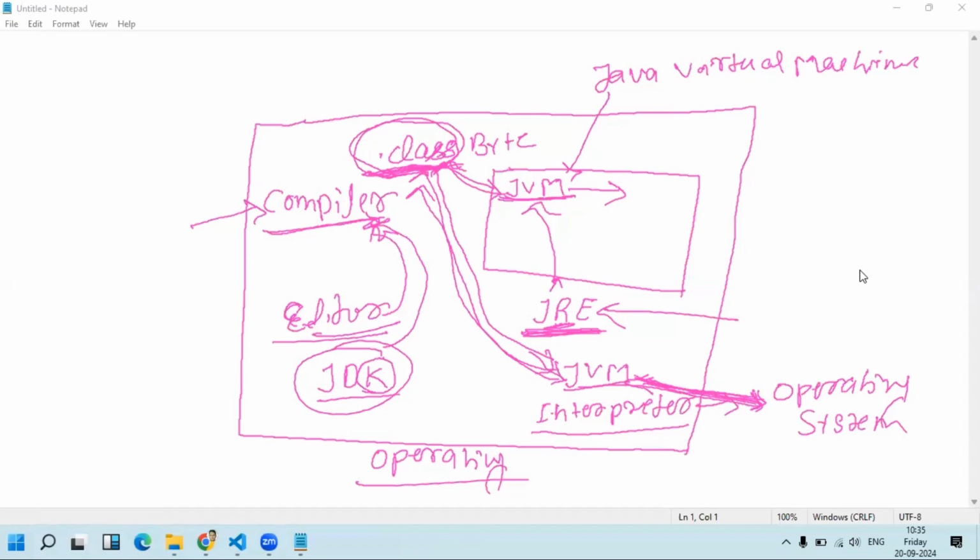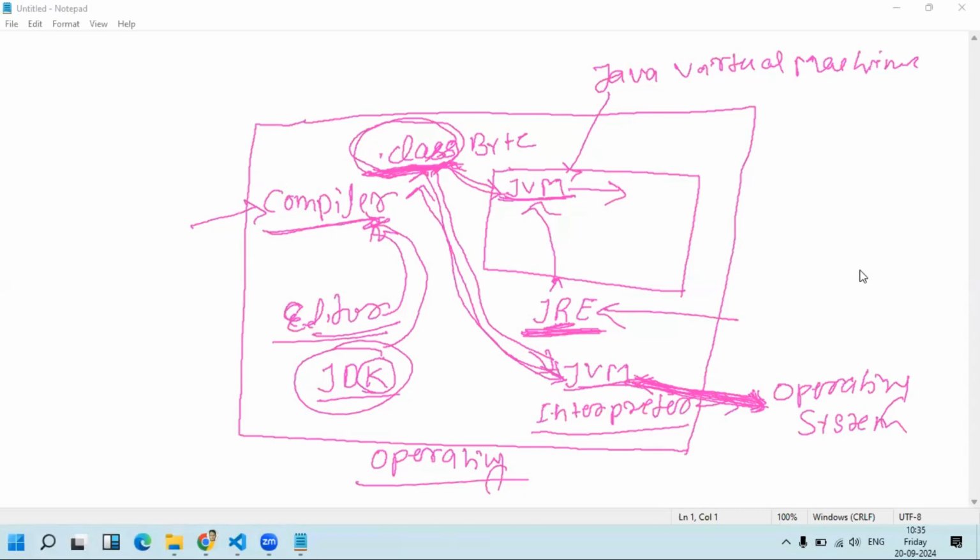While the JVM is interacting with the .class file, the operating system is idle, doing nothing. The operating system is waiting for the JVM to produce the output for the next line. So that was a time-taking process.